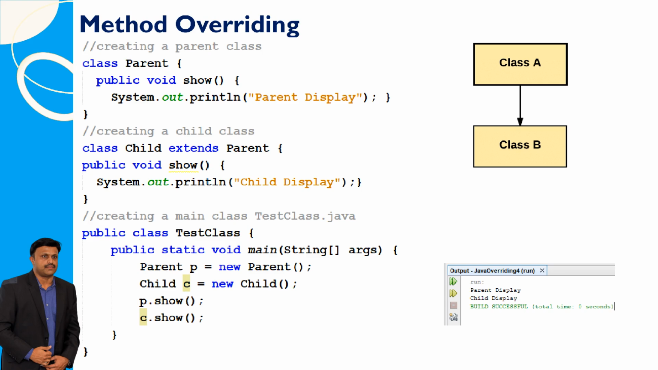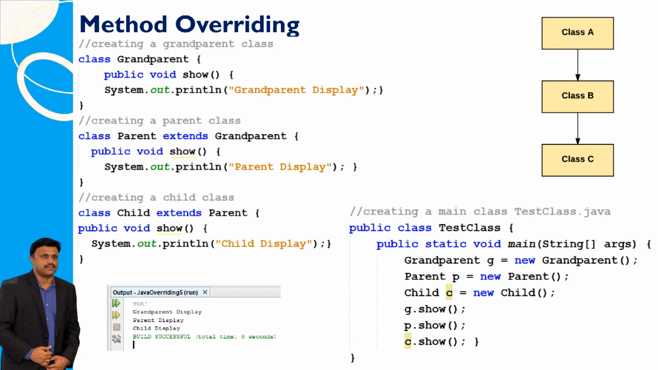The given Java code demonstrates method overriding in object-oriented programming. It defines two classes, parent and child, where child inherits from parent. Both classes have a show method with different implementations. The parent class's show method prints "parent display," while the child class's show method prints "child display." In the test class, the main method creates instances of parent and child and calls their respective show methods. The output will be "parent display" when calling p.show from parent, and "child display" when calling c.show from